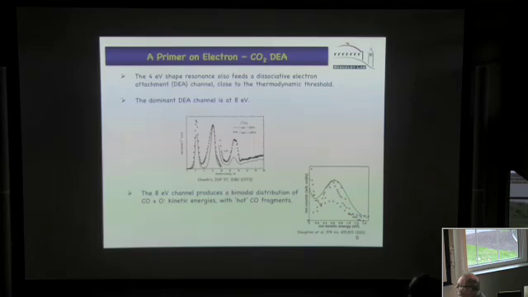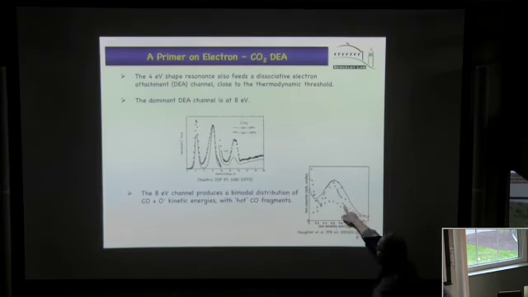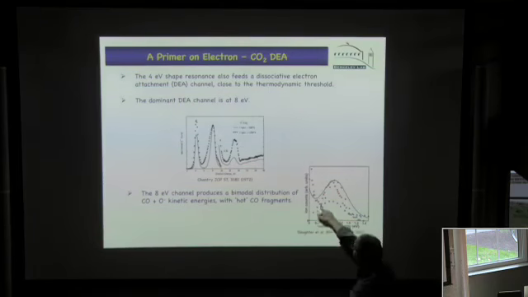It's been known for a while that the 8 eV channel, when you look at the kinetic energy of the fragment CO and O- that's produced, you basically get a bimodal distribution. So in addition to this, the hot fragments coming out, there's quite a bit of vibrational energy in the CO fragment here. If you work it out, it's something like an average nu of 13 to 15 or something like that that comes out in this channel.